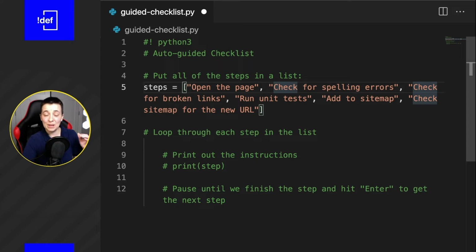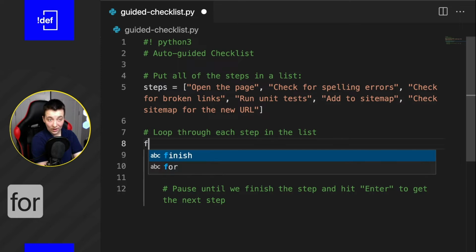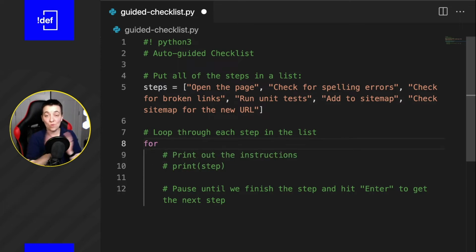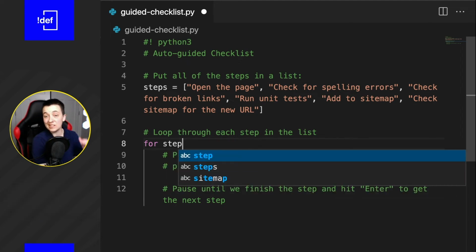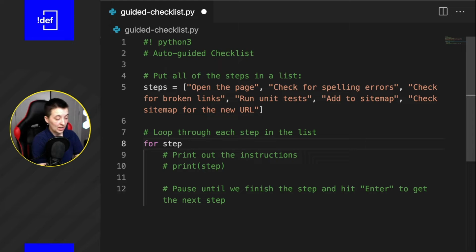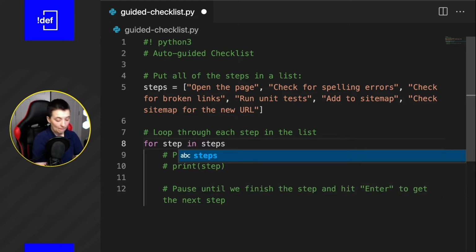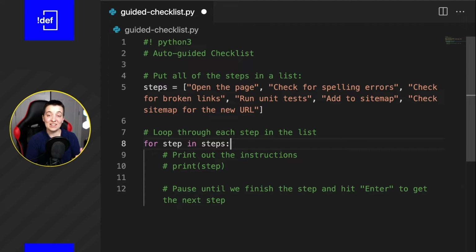So now that I've got all of our steps listed out here in our list, I want to be able to go through each of these and be able to do something with each one of these steps. So there's something really useful, which is the for loop, and the syntax for that is for, and then we can just give a name for the item that we want to call it. So I'm just going to call it step, because it's going to be for each step inside of our big list of steps, right? So for step singular, in steps plural, colon,